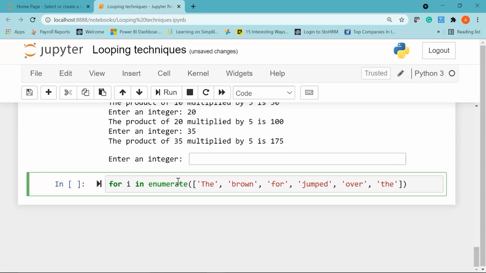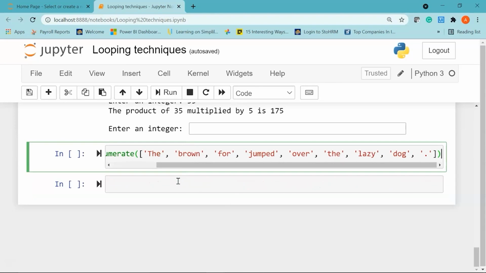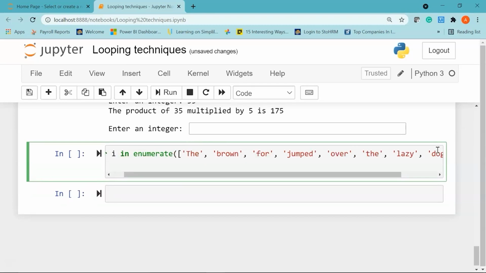The next word I have is the, give a comma, I'll say lazy. Then we have dog, give a comma, and finally we'll have our full stop or the period. Okay, then I'll give a colon and I'll say print I. Now let me run it.